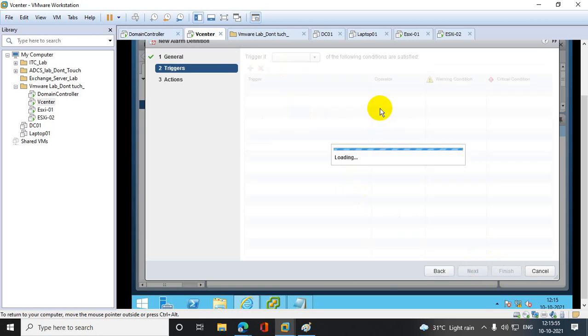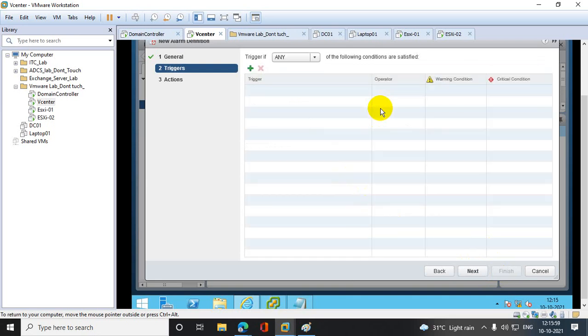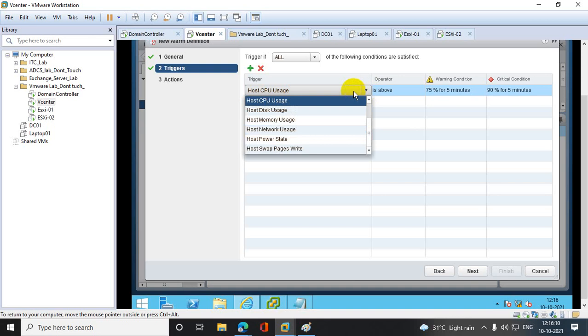Then the triggers option will come. You have to set any or you have to set all. Click on plus: host CPU usage, host disk usage, memory usage, or network usage, whichever you want.